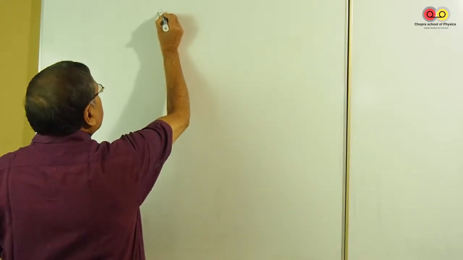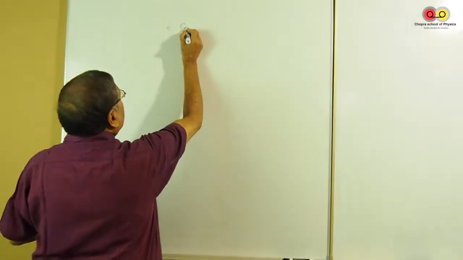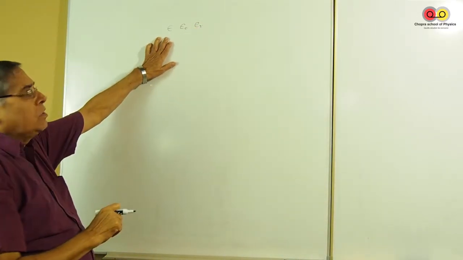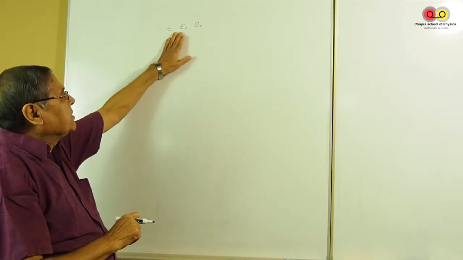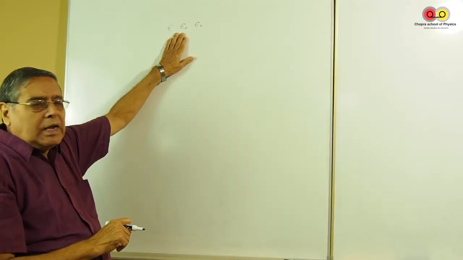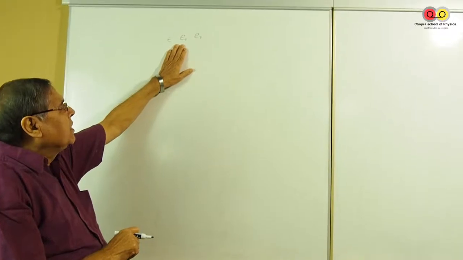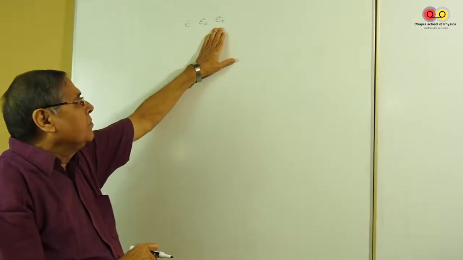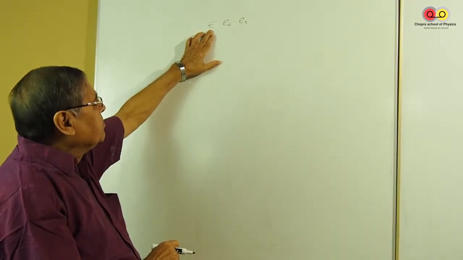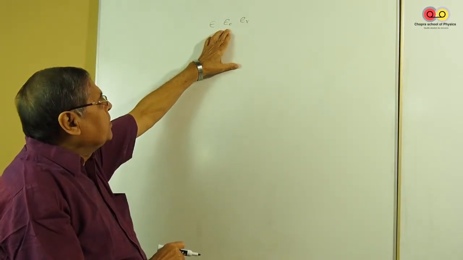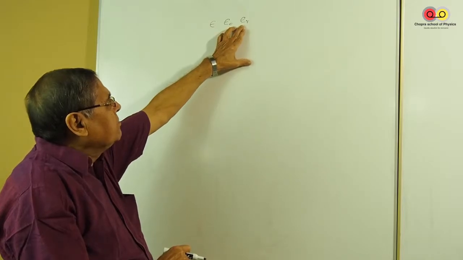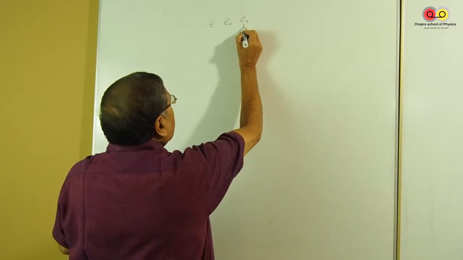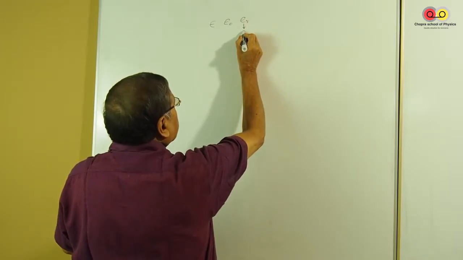Three symbols are taken. These are the three symbols. First symbol is called permittivity. The second one is known as absolute permittivity. The third one is known as relative permittivity. I will repeat: permittivity, absolute permittivity, the relative permittivity. This relative permittivity is also known as